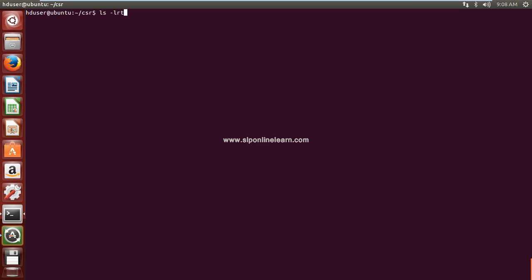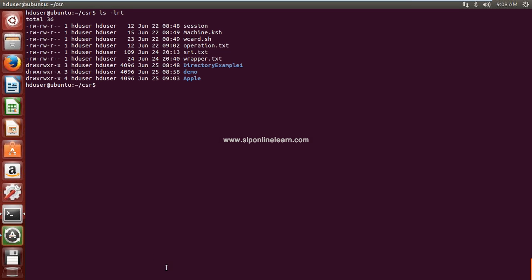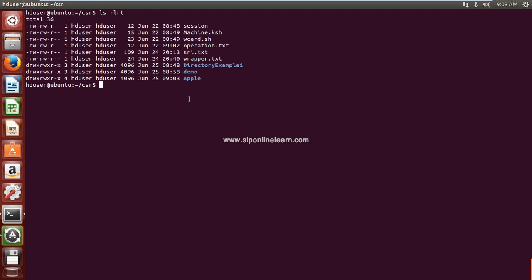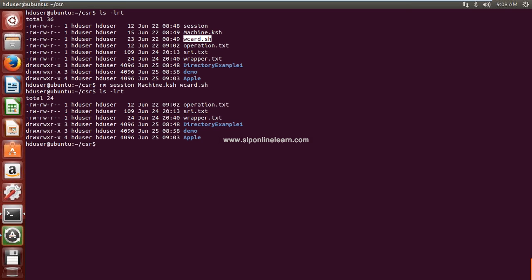So ls -lrt, if you want to remove the first three files, then your command will be like rm space your file name space next file name space next file name. Like this you can specify any number of files. All those files will be deleted at a time. Now see, there are no files.